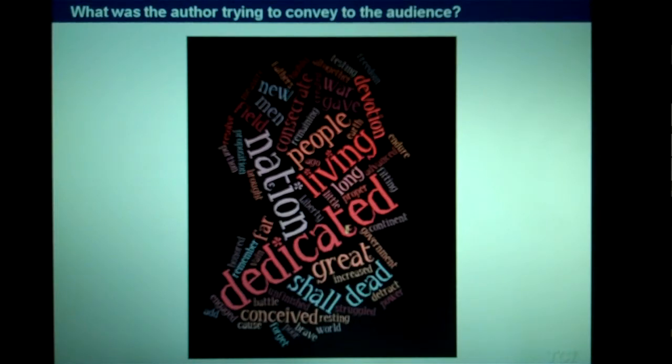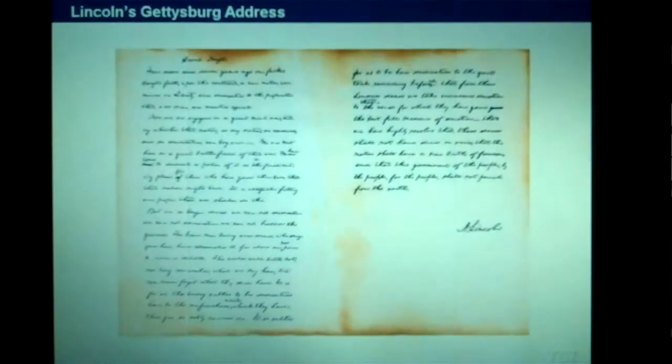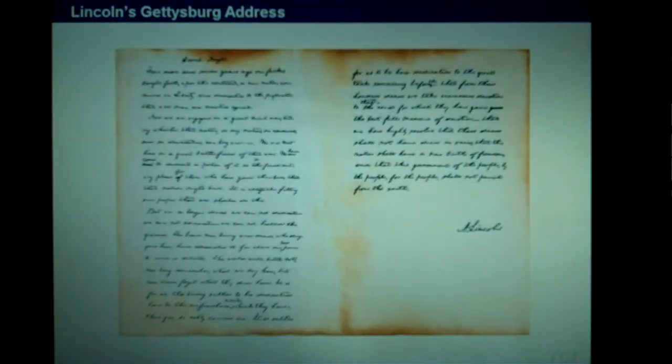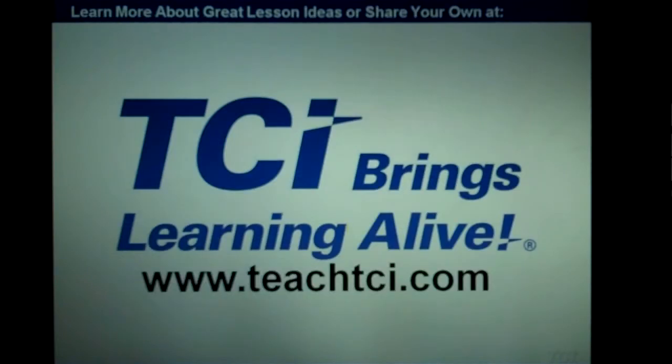After introducing the students to these questions and challenging them to respond to them, then I'm ready to reveal to them that these all came from Lincoln's Gettysburg Address. The idea here is to introduce the students to a primary source document and to tease them by using the word cloud. If you like this, you can learn more about great lesson ideas or even share your own at